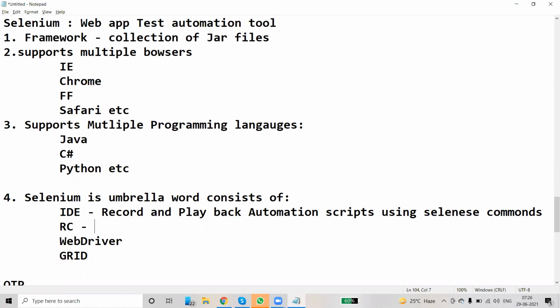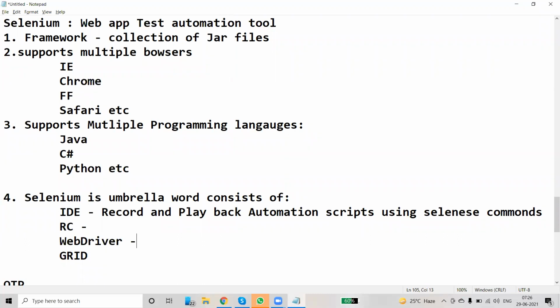But compared to WebDriver, Selenium RC is a bit of a complex tool, a bit complex framework. That is the reason Selenium evolved and upgraded their automation engine to WebDriver. WebDriver is the latest version of RC.